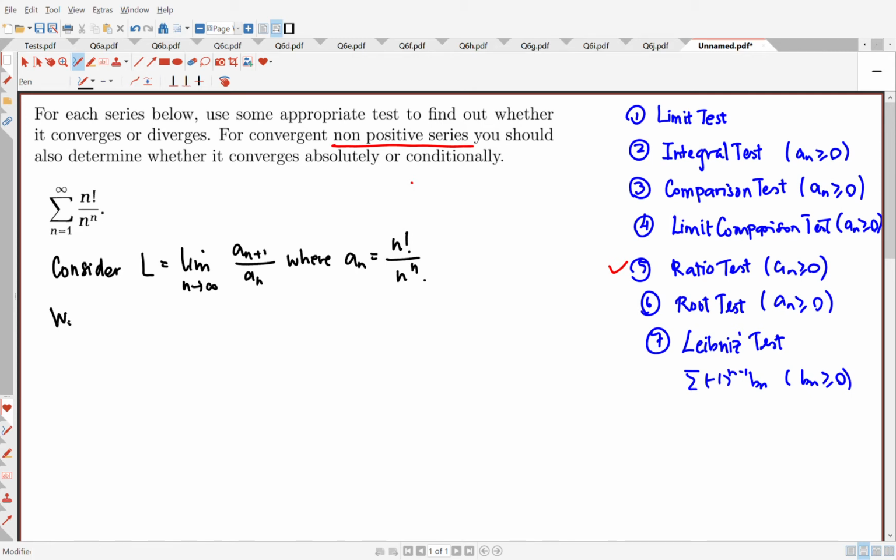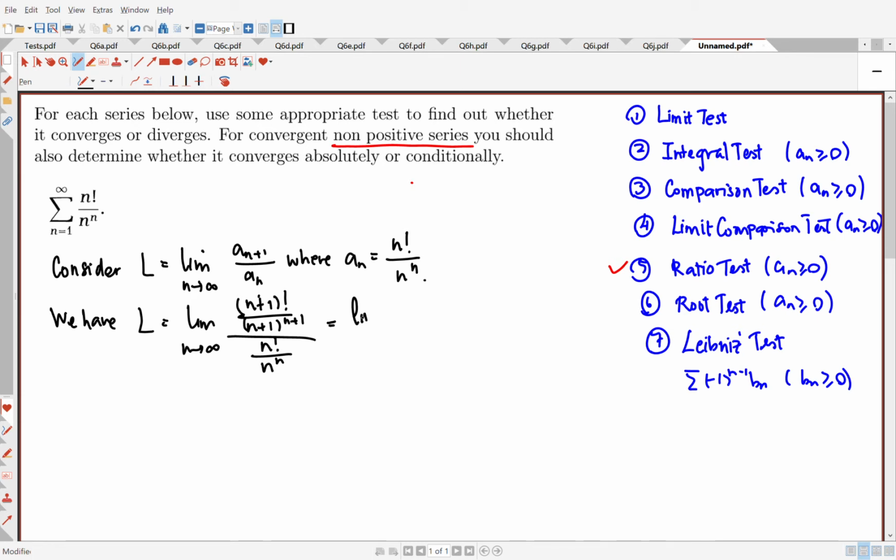So we have L equal to the limit as n tends to infinity of (n plus 1) factorial divided by (n plus 1) power n plus 1, divided by n factorial over n power n,